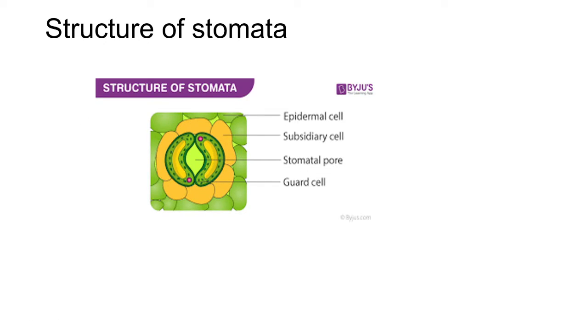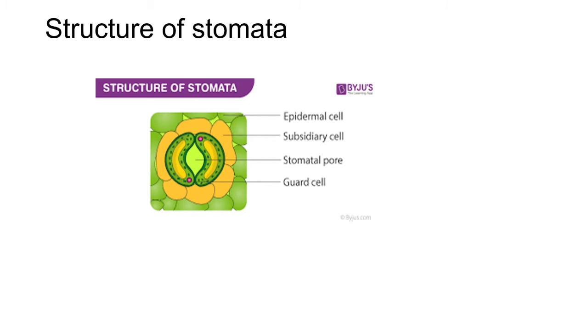Next point is stomata. Stomata are one of the apparatus of the epidermal tissue system. These are minute pores which occur on the aerial surface of the plant. The stomata may occur on any part of the plant except the root. Stomata occur on both upper and lower surfaces. But in most plants, they are always present on the lower surface to reduce the rate of transpiration.